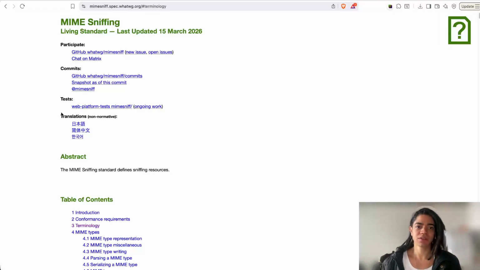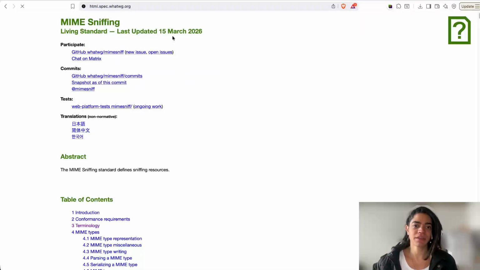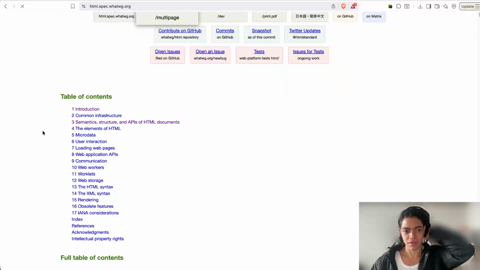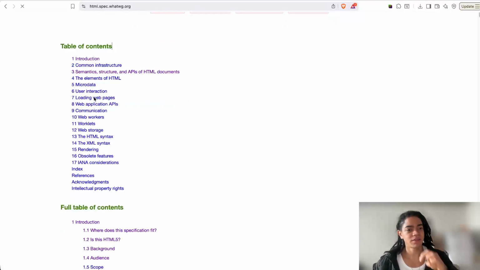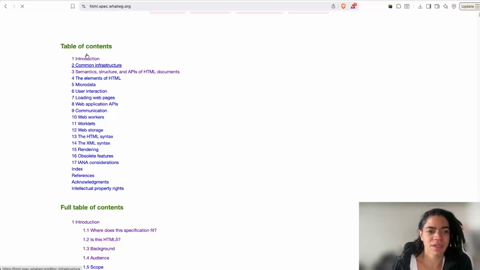Let's take a look at the docs, and that is the HTML spec, the living standard here. That's right. Now I'm getting myself familiar with this, and just to briefly describe here, you get now the introduction of what is the intent of this document, who is